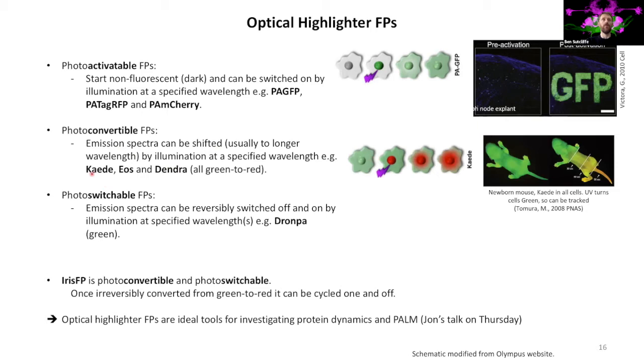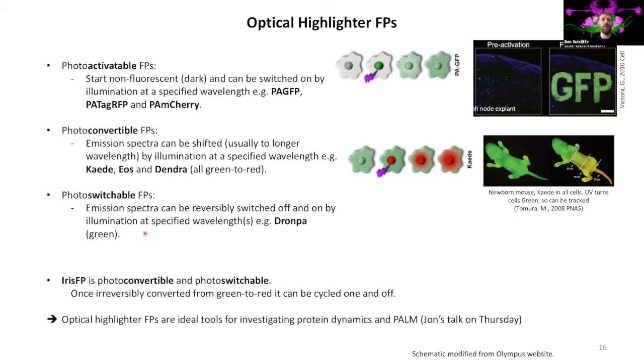So good ones of those are Kaede, EOS, and Dendra, and you just hit those again with a 405 laser, and then you can see where your red protein ends up. And then we've got photo-switchable fluorescent proteins, and the emission spectra here can be reversibly turned on